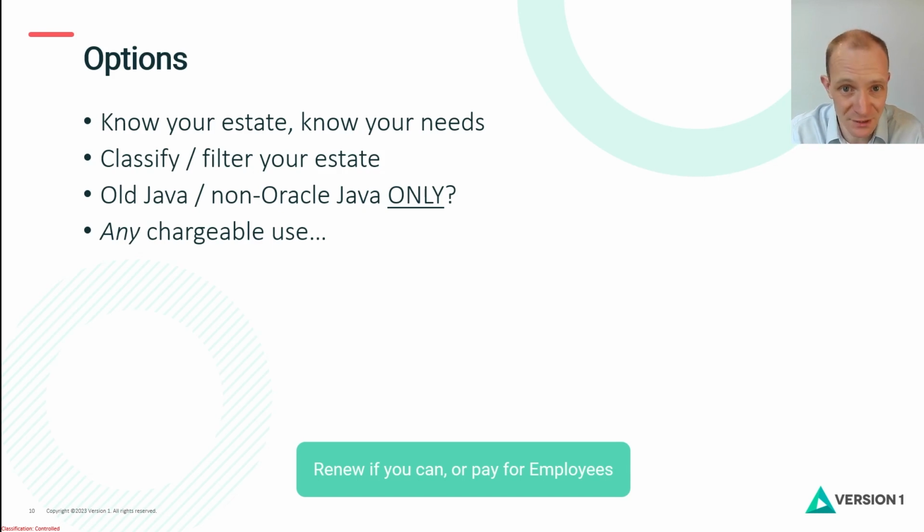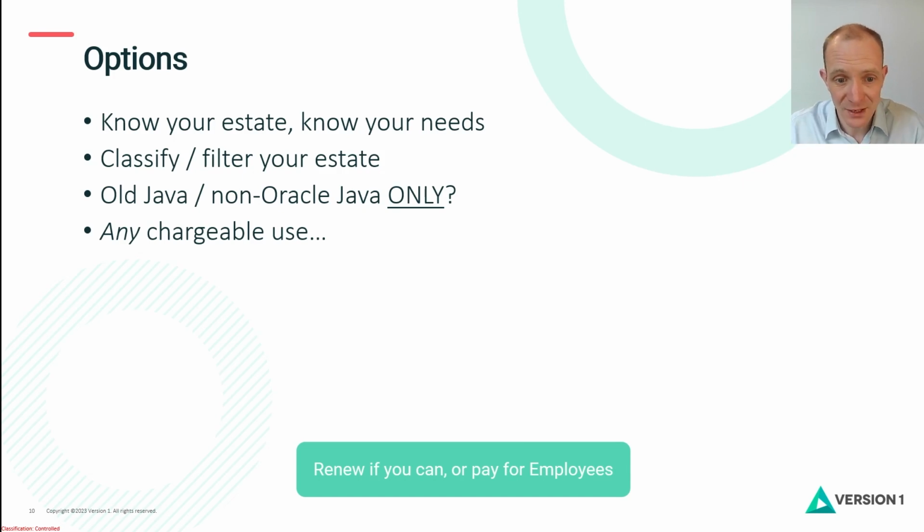If you know there's a product out there which needs the latest version of Java, it's under the subscription and there's just no way of getting around that or moving to OpenJDK or a similar distribution, then you're going to need the employee metric. It may sometimes be a bit easier just to short circuit the process if you have situations like that where you know you definitely need to have the latest and greatest version of Java in your